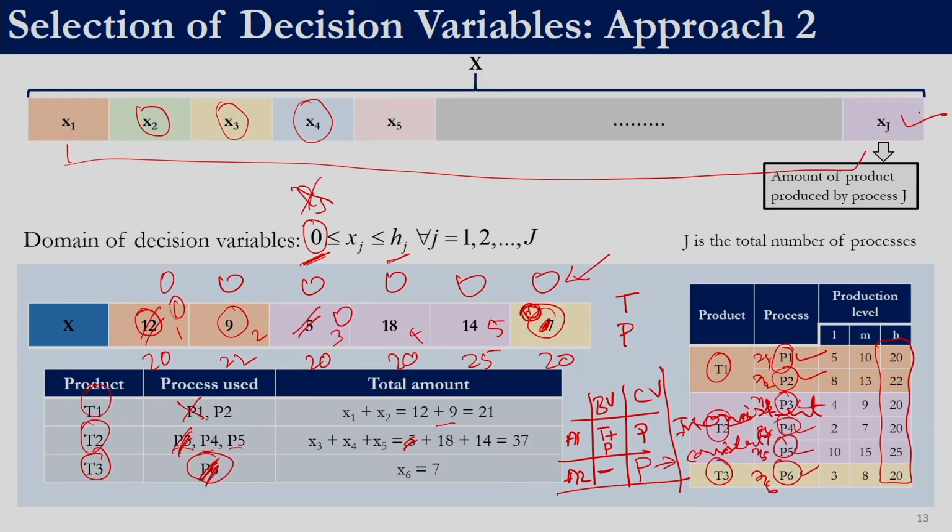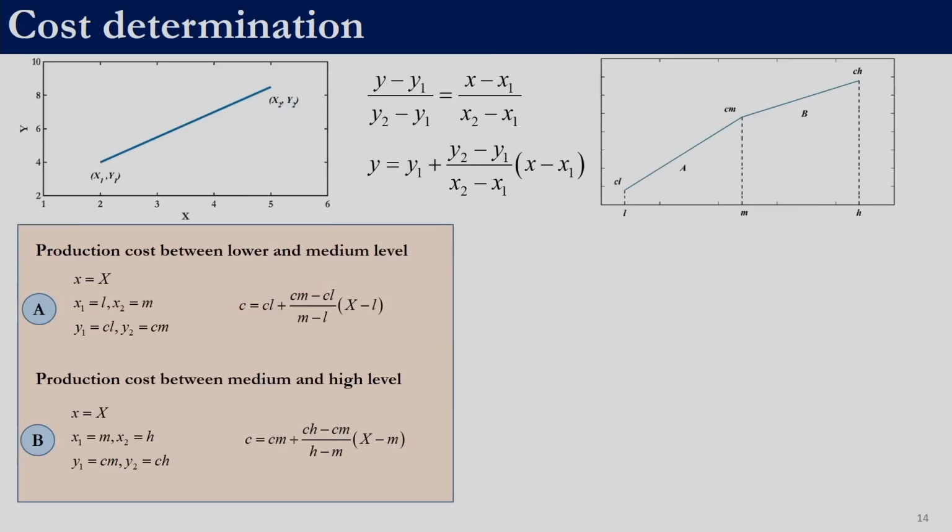So, now we will choose this approach. Our decision variables are going to be how much we are producing from each process. That is what the algorithm is going to tell us, and that is what the algorithm needs, the lower bound and the upper bound, to come up with a solution. Once a solution is generated, the next part is to calculate its fitness function. So, in the rest of the discussion we will be talking about how to determine the fitness function. To determine the fitness function, we need to determine cost.